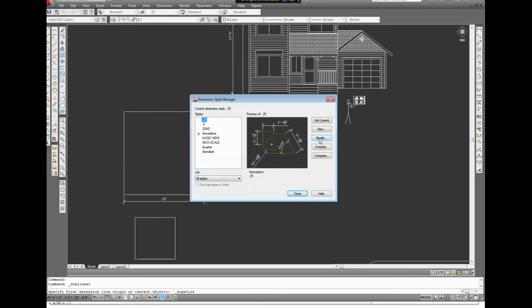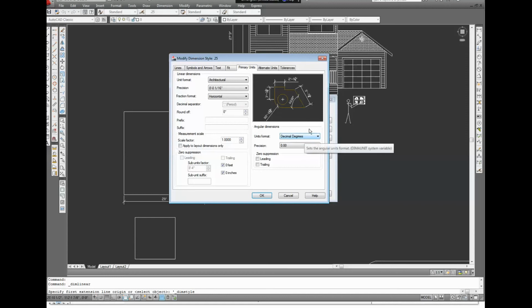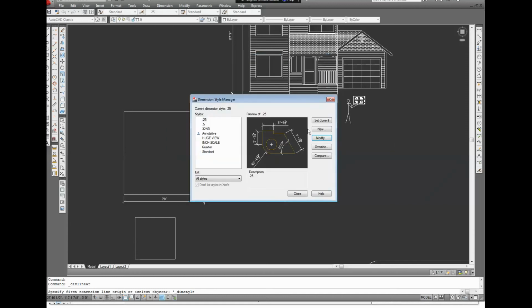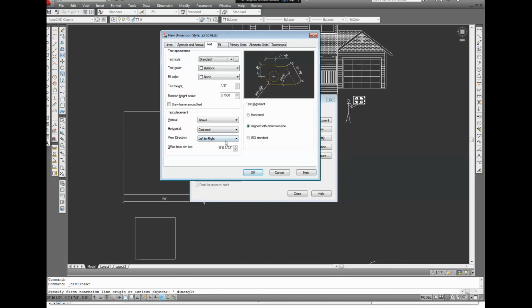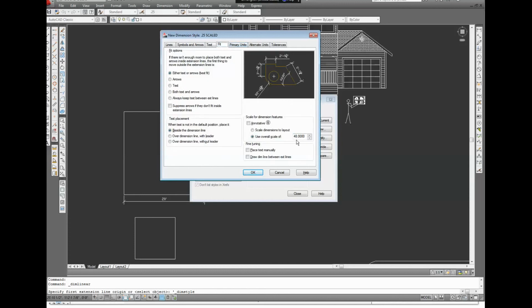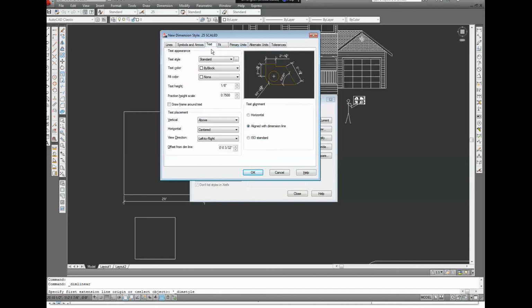So I'm going to modify, actually, I'm sorry, I'm going to set a new style based on the quarter style, and I'm going to give it a name. I'm going to type 0.25 scaled. Now I'm going to leave everything the same. I've still got 48 for the ratio in here. My text height is still 1/8 of an inch,